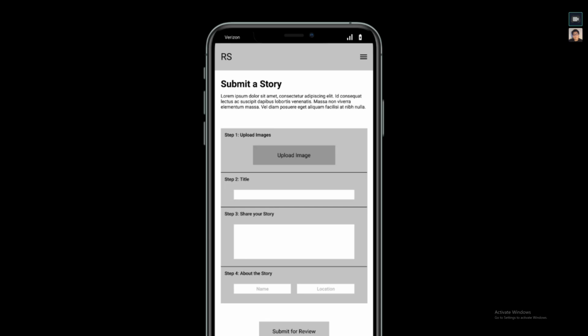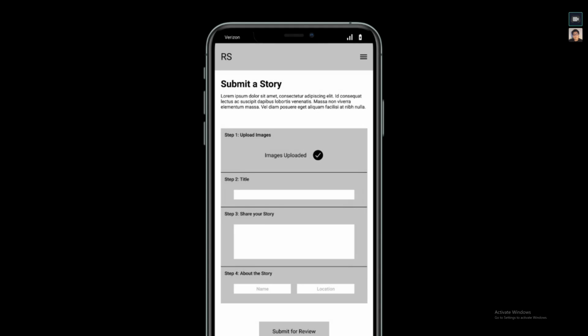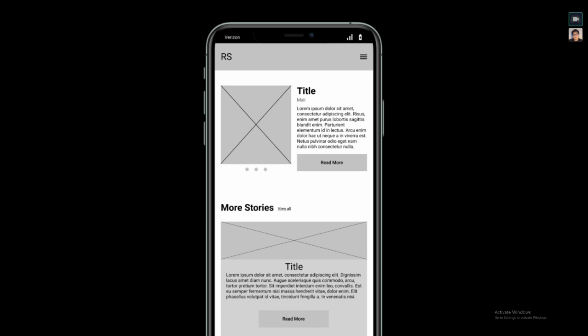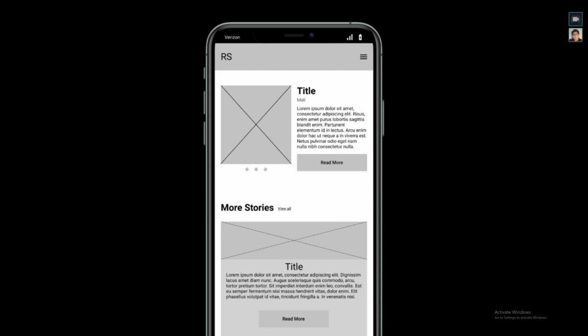Okay. Upload image. I'll upload that one. That's a good one. Can I upload multiple? Yes, I can. These are all experiences I've had. Okay. The title. Okay. Share story. Perfect. About the story. Name. Location. All right. Submit for review. Okay, perfect. And let's say that you're the administrator, the admin for the site, and your job for today